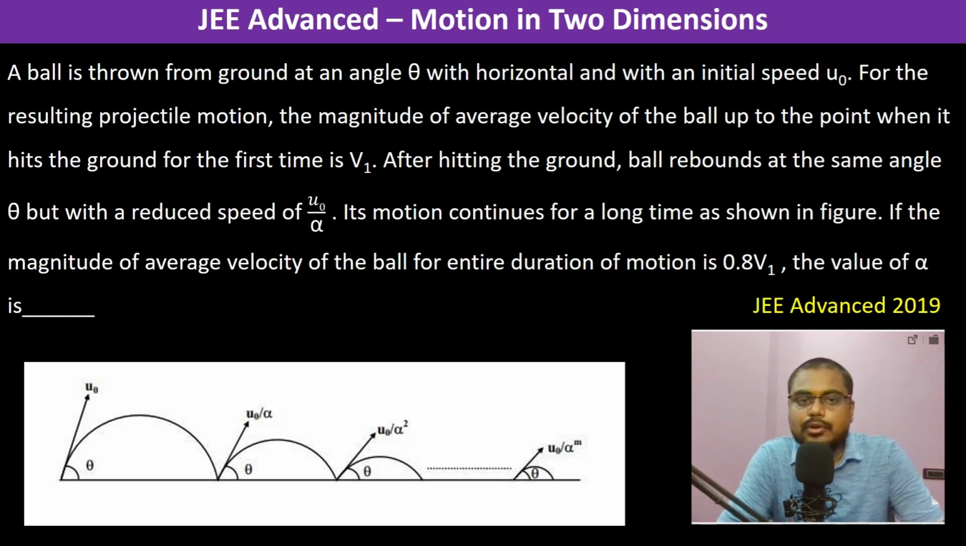Ball is thrown from ground at an angle theta with the horizontal with initial speed u0. For the resulting projectile motion, magnitude of the average velocity of the ball up to the point when it hits the ground for the first time is v1. After hitting the ground, the ball rebounds at the same theta but with reduced speed u0 by alpha. Its motion continues for a long time as shown in the figure. If the magnitude average velocity of the ball for the entire duration of motion is 0.8 v1, the value of alpha is,